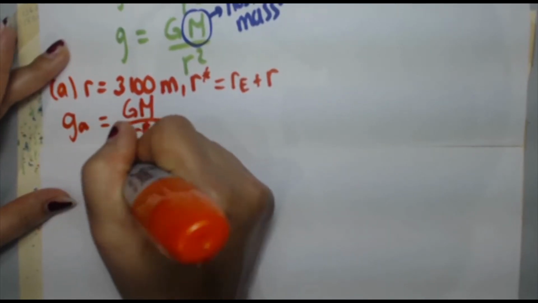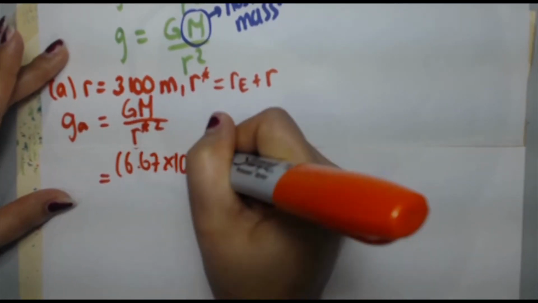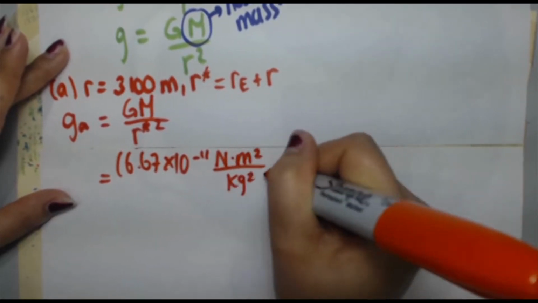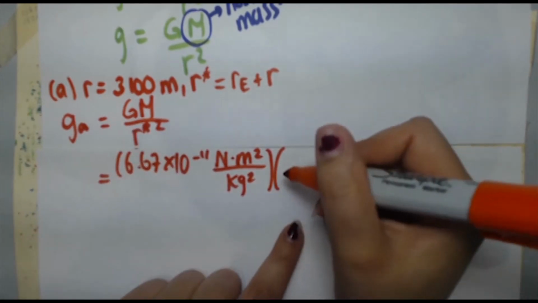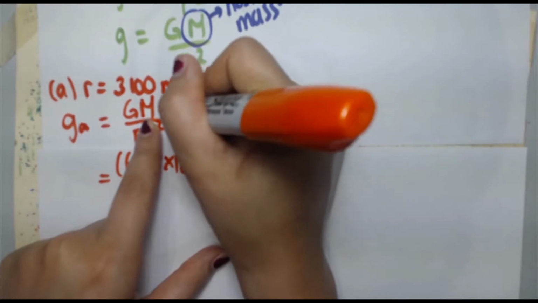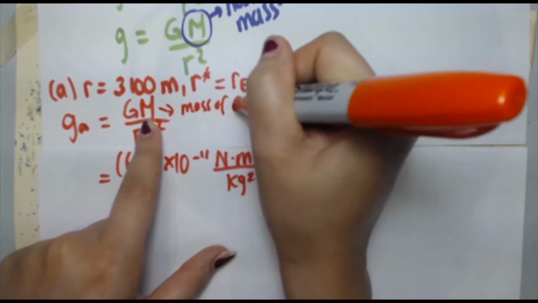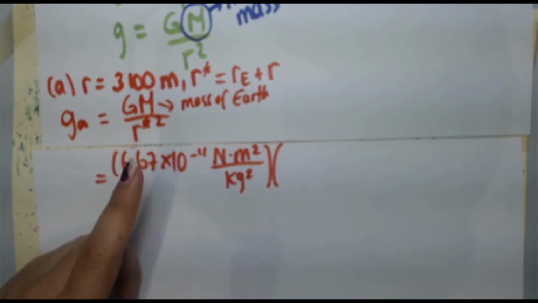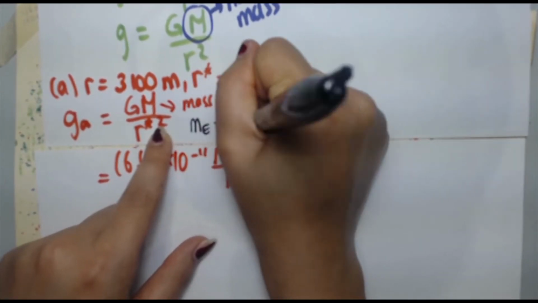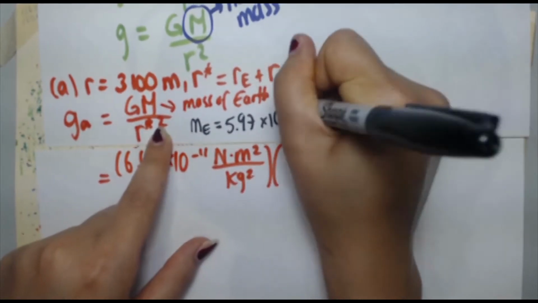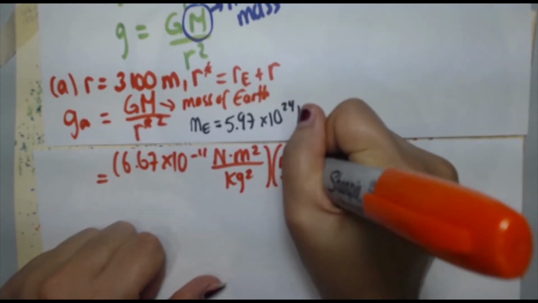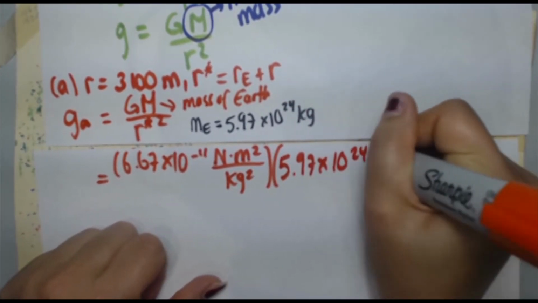So G, 6.67 times 10 to the minus 11 Newton meter squared per kilogram squared times mass. Mass is the mass of the host object. So here we're going to do the mass of the Earth. Again, something you may have to memorize, and if you haven't memorized it, the mass of the Earth is 5.97 times 10 to the 24 kilograms. Okay, so 5.97 times 10 to the 24 kilograms